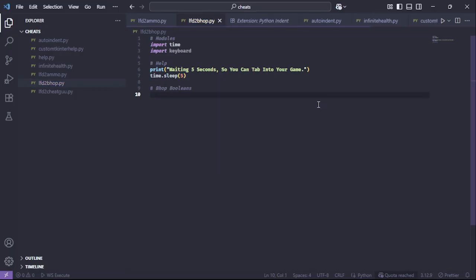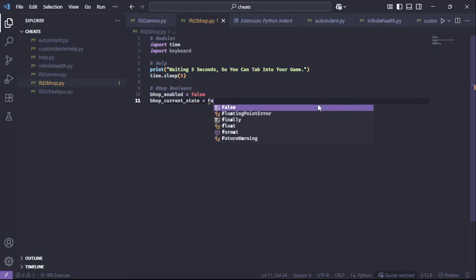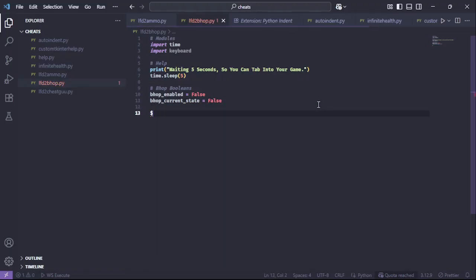And we are going to have two booleans. One is going to be if it's enabled or not, and one is going to be the current state of the bhop. So first one, bhop enabled, and then bhop current state, like so. And make another comment. This has the actual, once we've gotten all of this. So